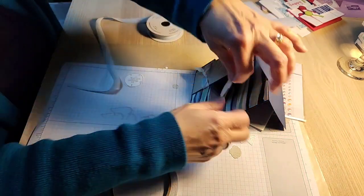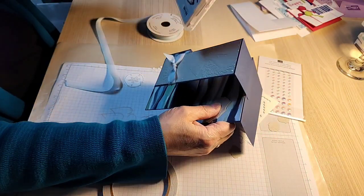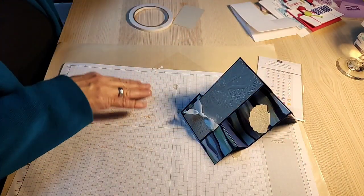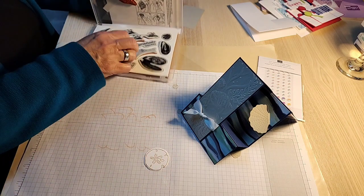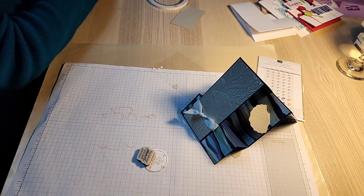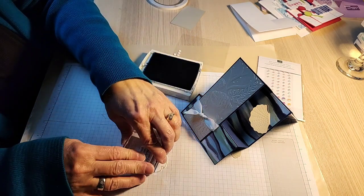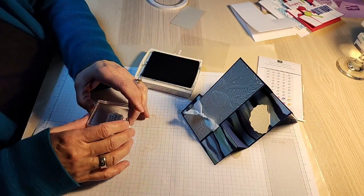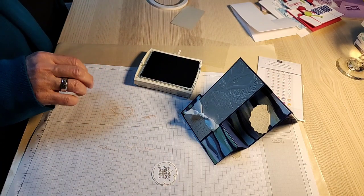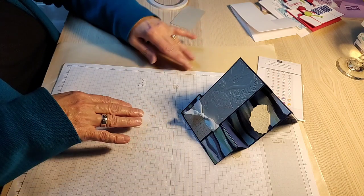There is a sentiment that coordinates with this. We're going to go like that. It says, "You are a pearl rare and precious." I wonder if that would fit on my sand dollar. It would. Ooh, I didn't close my ink. Good thing it was on the other side of the table. We're going to stamp that in Night of Navy. What else did I forget to share? Ah, there we go. And that ties in with our pearl. Get these on with some glue dots or